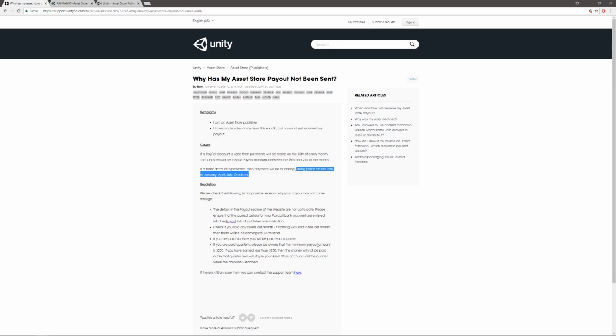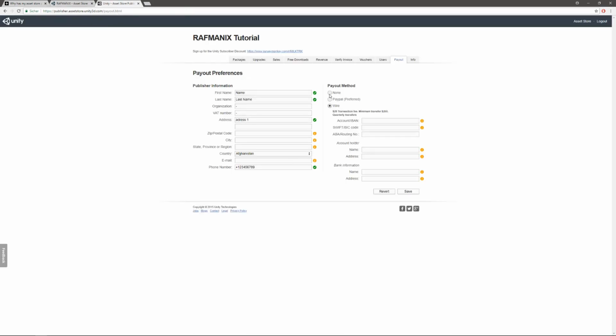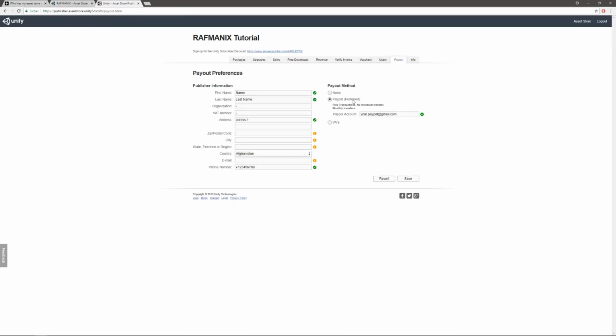Here it is important, if you don't have the minimum payout of $250, they say the money will be saved until the next quarter. So you must choose your option now. For us it is clear, we take the PayPal account. If you have set everything correctly, don't forget to save.